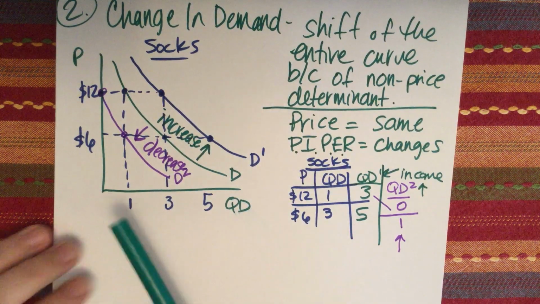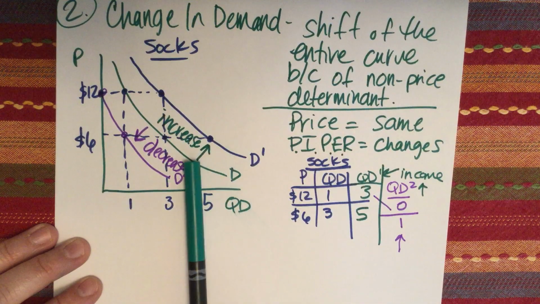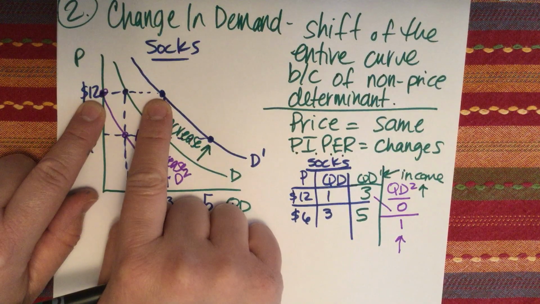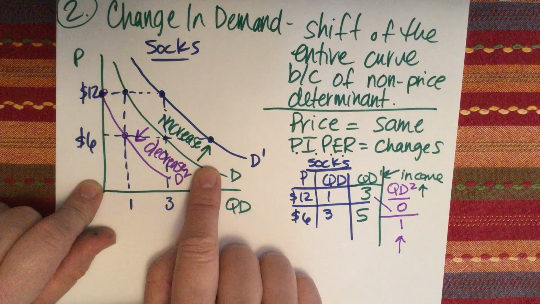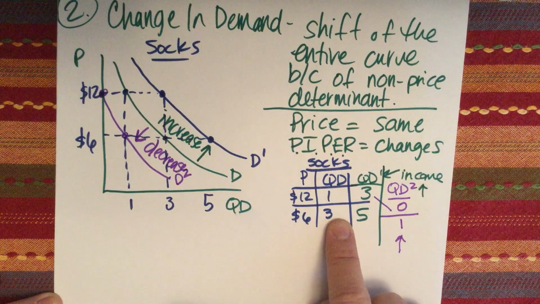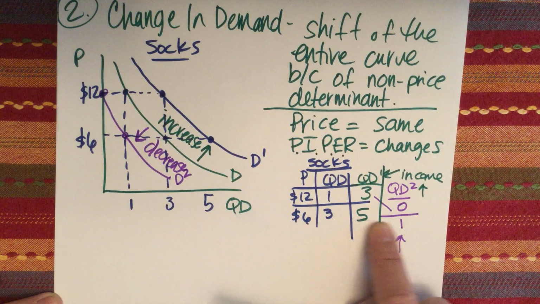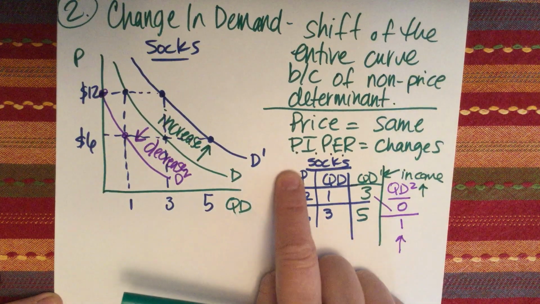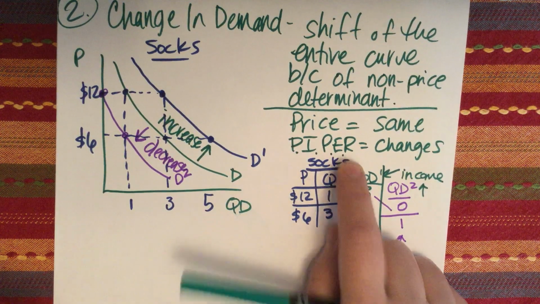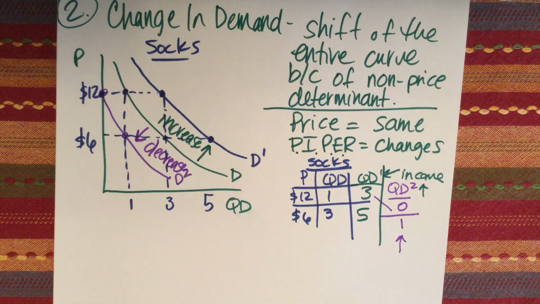And so I hope that helps you to understand why these are seemingly shifting to the right or to the left. It is because price is staying the same, but I'm either buying less or I'm buying more at that same price, at each and every price, every point along the line. And so essentially, you're creating a new demand schedule each and every time your preference changes, or your income changes, or the population changes, or your expectations, or the related goods, and I'll go over that in just a minute. There's a determinant that causes your ability and your willingness to buy more or less at each and every price.